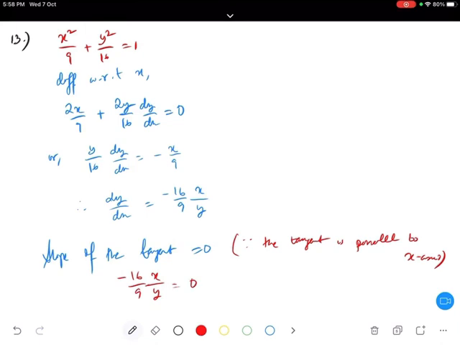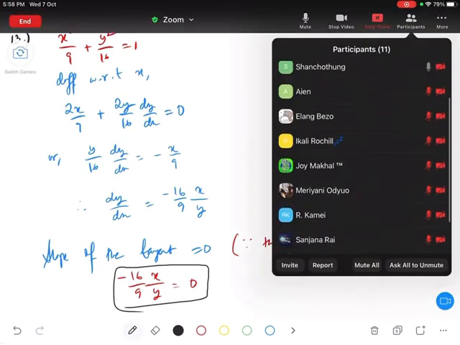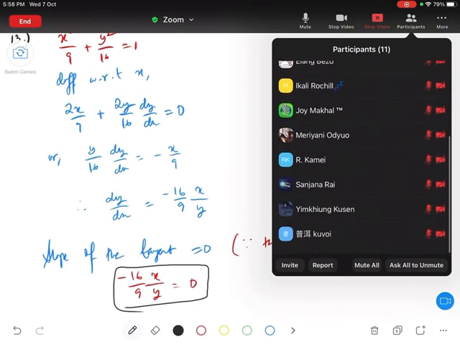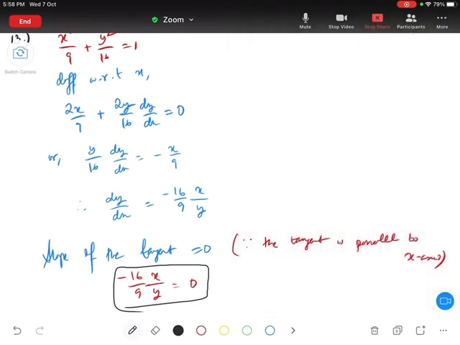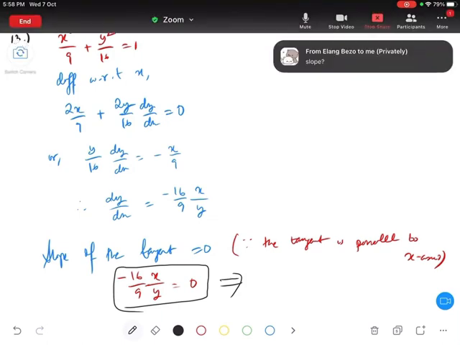So tell me, what value do you get from this equation? What is 0 in there? What answer can we get from here? Come on. Okay, look here. So this is the equation we got.